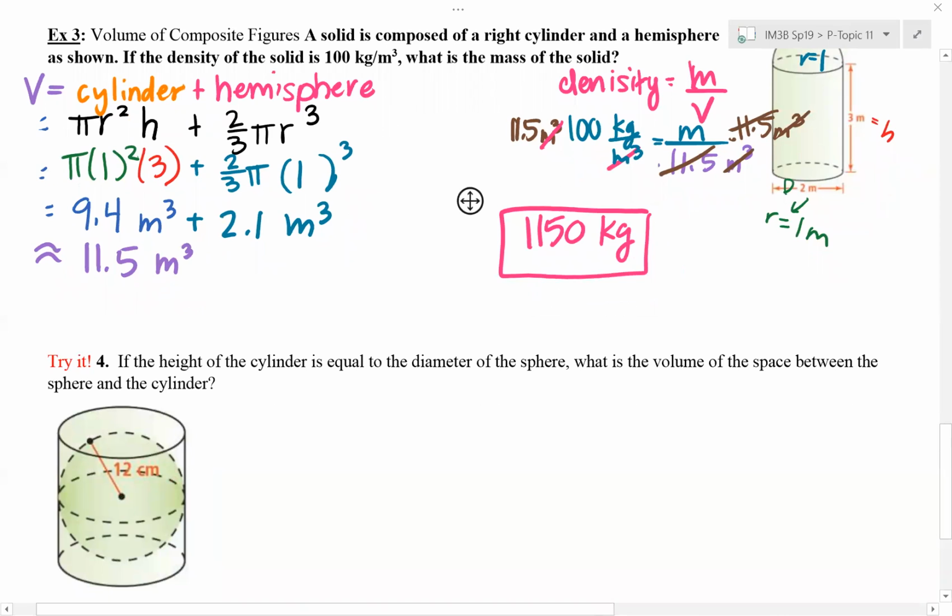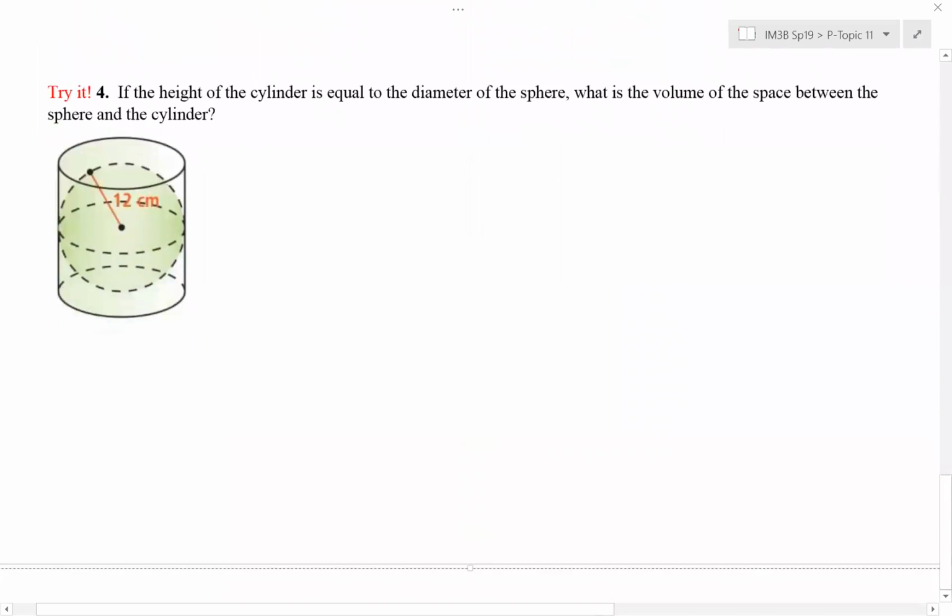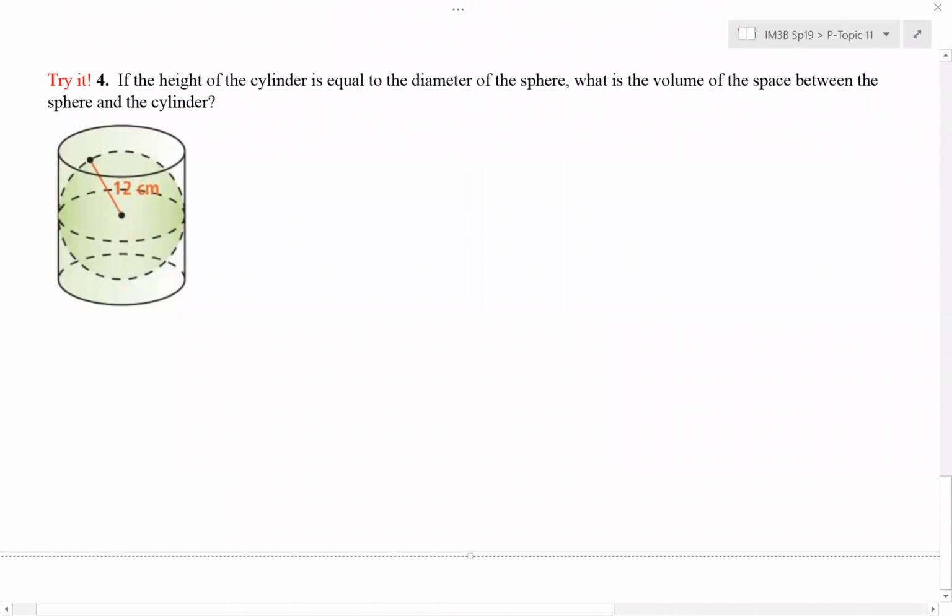Okay, so let's try it together, kind of talk about what information they give us and what we need to do, and then I'll have you guys work on it and calculate yourself. So we have a cylinder with a sphere inside of it. So it says if the height of the cylinder is equal to the diameter of the sphere, so they're telling us the height here is equal to the diameter of our sphere,